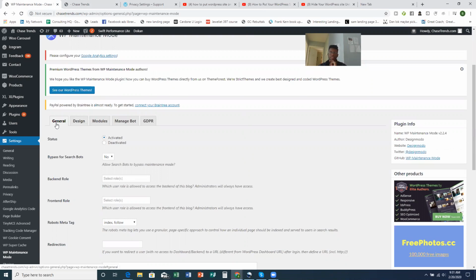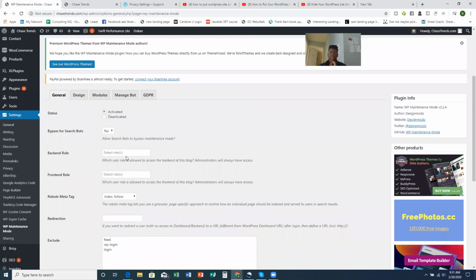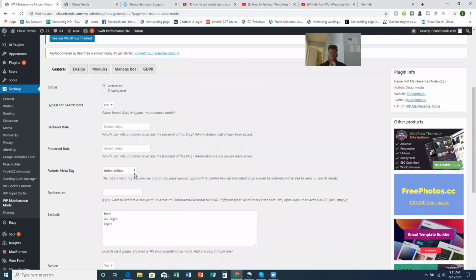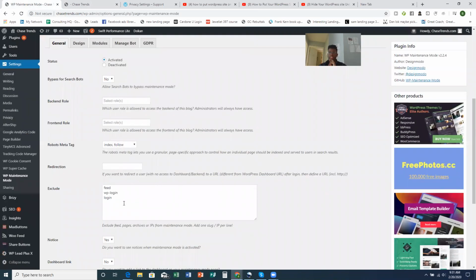Inside of the general tab, I'm going to leave these blank. They're not super important. You're going to make sure that these three things are excluded, okay? If they're not already there, please type those in. So feed, WP-login, and login. Basically what that means is that it's going to allow you to be able to log into